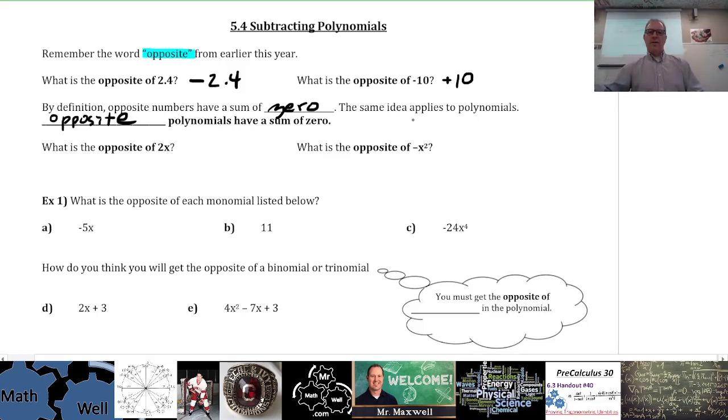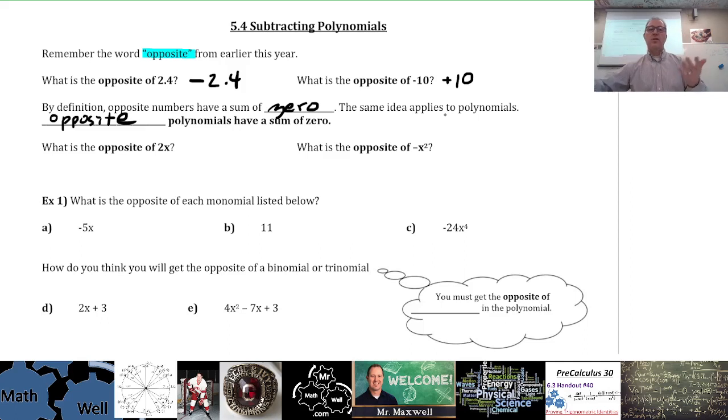Yes, okay. So what is the opposite of 2x? It is, shout it out. It's pretty early in the morning, I know. I hear some, this is what I hear. That's all I hear. It's like a combination of some sort of mumbling. So I know that most of you probably know the right answer. So the opposite of 2 would be what? -2. So the opposite of 2x would be